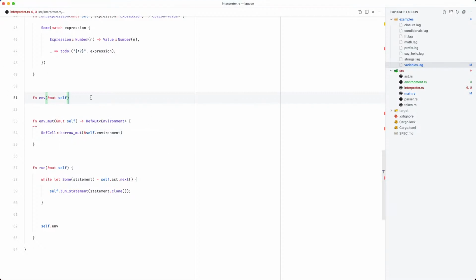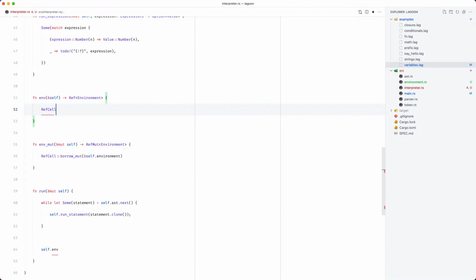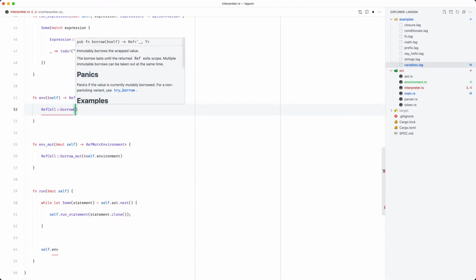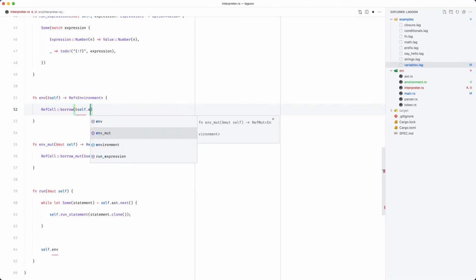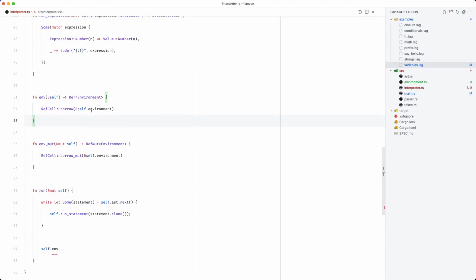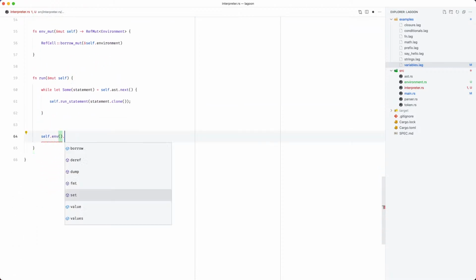So let's do an env method. It doesn't need to be mutable, and this will return a reference to environment. And just like we did before, but without the mut, we can just do borrow self.environment, like so. And down here we can do self.env.dump.